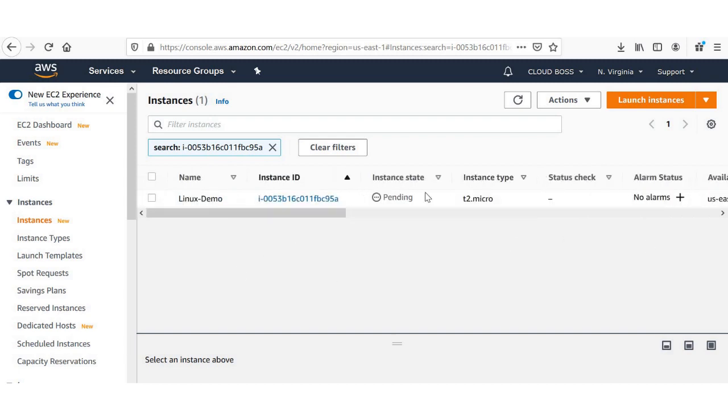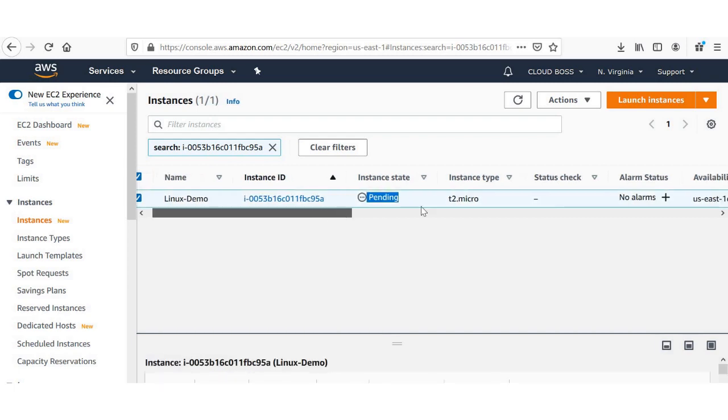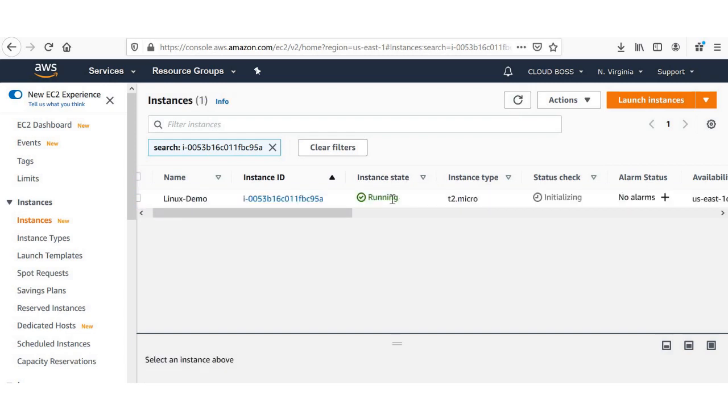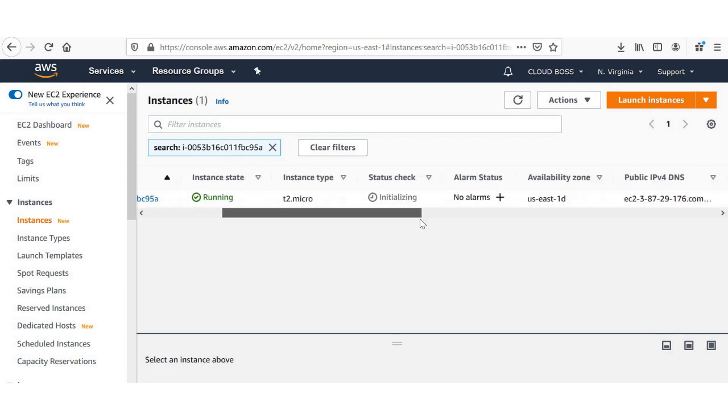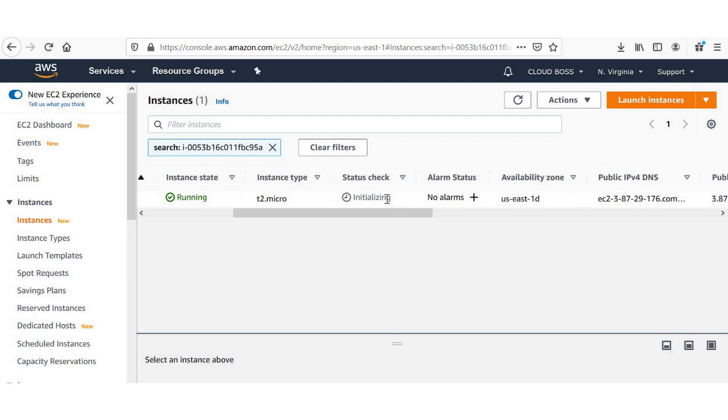Showing pending stage. It will be coming alive within 2 minutes. So just give refresh and see here. It's in running stage. See the status check. It should come 1/2 checks. If it comes 1/2,